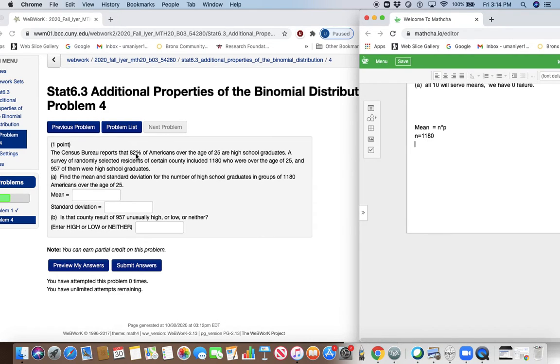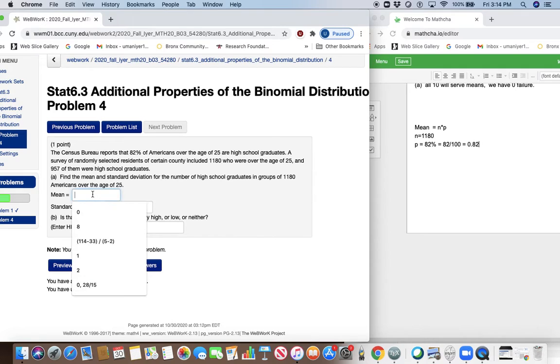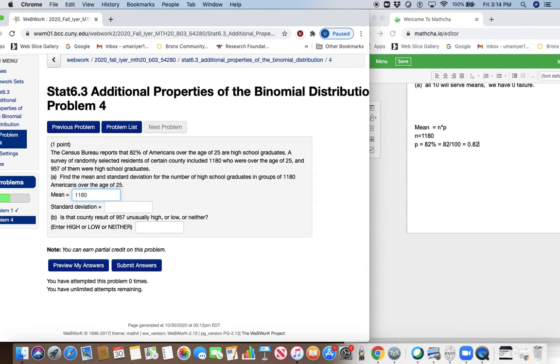P is 82%. 82% is 82 over 100, which is 0.82. So mean is n times p, 1180 times 0.82. Standard deviation